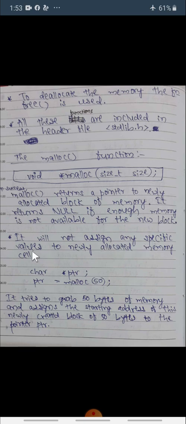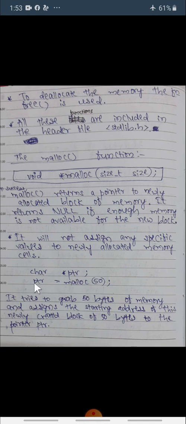For example, char star ptr, ptr is equal to malloc of 50. It means that this statement tries to allocate 50 bytes of memory and assigns the starting address of this newly created block of 50 bytes to the pointer ptr.